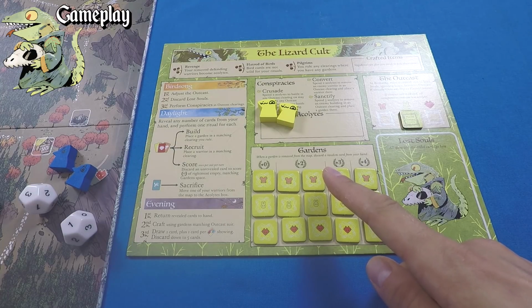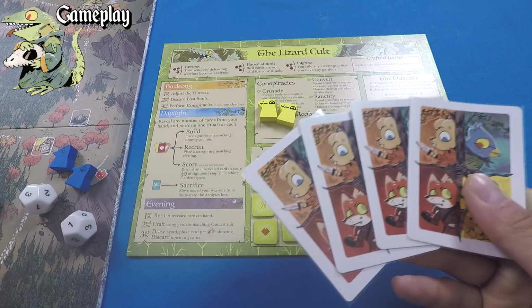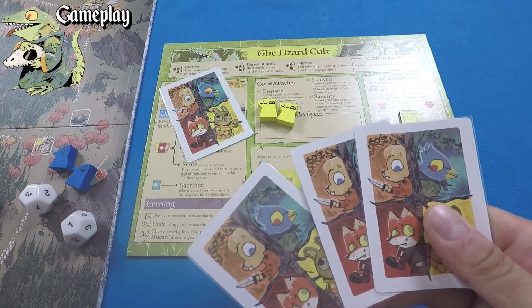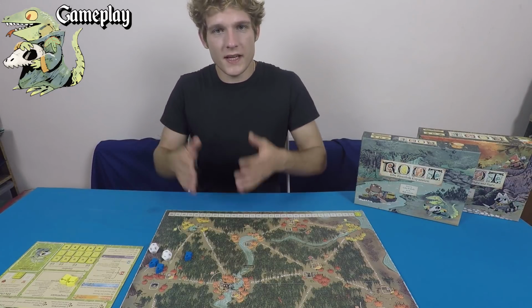Not nearly as bad as, say, the Woodland Alliance, who lose all those officers and supporters. All we do is we fan our hand out face down, and we let our opponent pick a card, or we just pick a card and randomly discard it. Now remember, you can only score each suit once